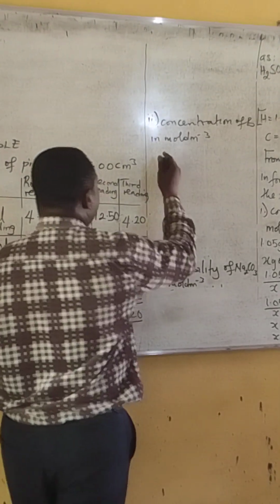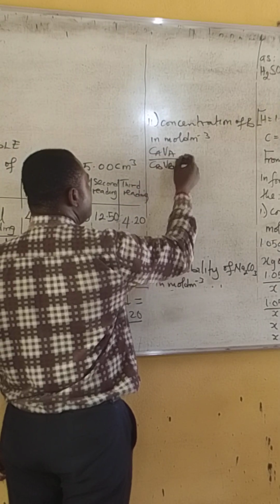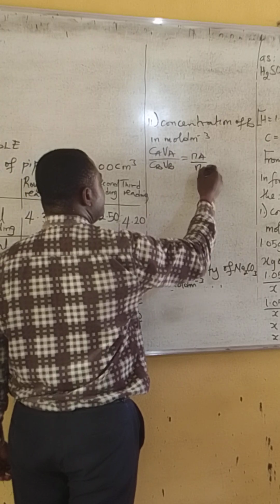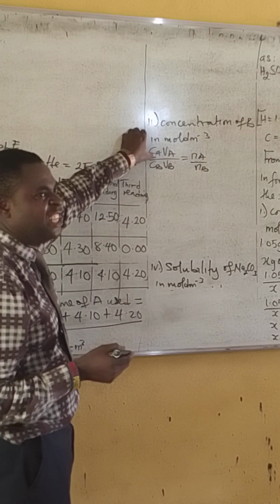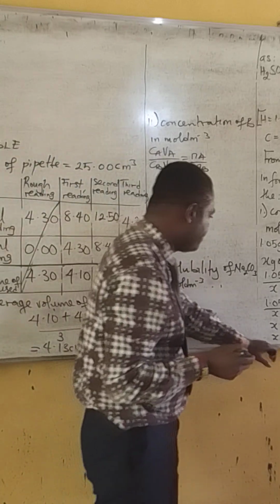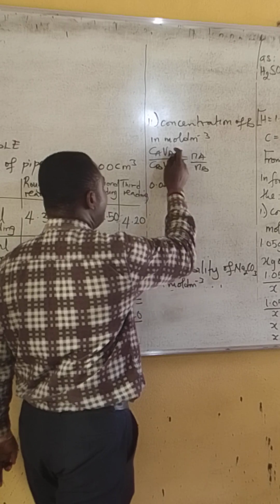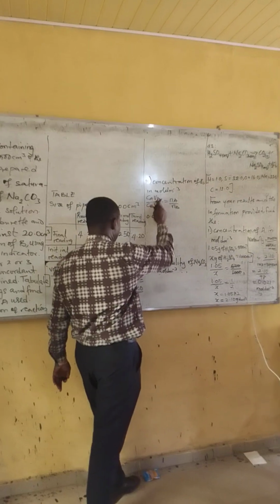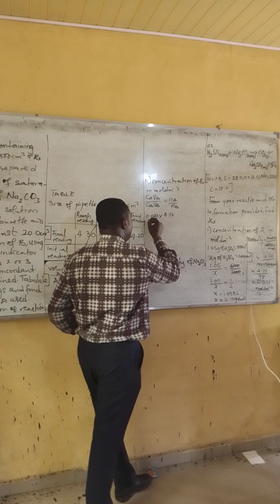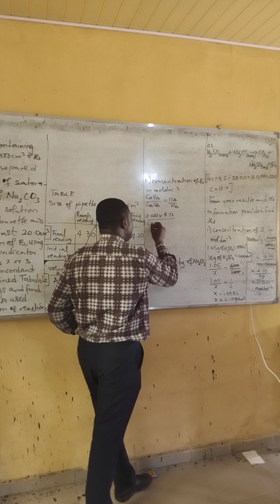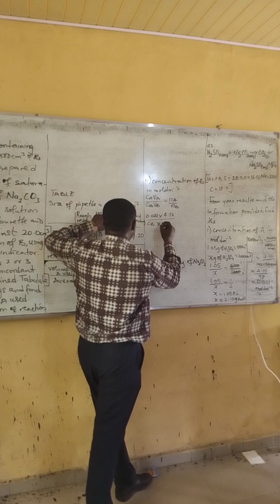We are going to use this formula: CA over CB VB equals to NA over NB. What is our CA? C means concentration of A in mole per dm3, which we have calculated now to be 0.021. 0.021 times what's our VA? V means volume of A, which is average titer value, which is now 4.13 over CB, concentration of B in mole per dm3 we are looking for. We write it like that. Our VB is the size of the pipette. That is the volume of B. That's